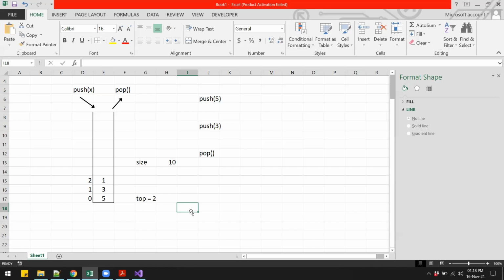Again, it's up to us and the implementation of our stack. So I'll use this top as an index. Why I'm using that is because when the stack becomes empty, I can simply make top equal to -1. Why -1? Because when the stack is empty, there is no data in our stack. So in that case, I can just say top is equal to -1. So when I see that top is -1, then I will know that the stack is empty. So that is our walkthrough or the structure of how we are going to implement our stack.